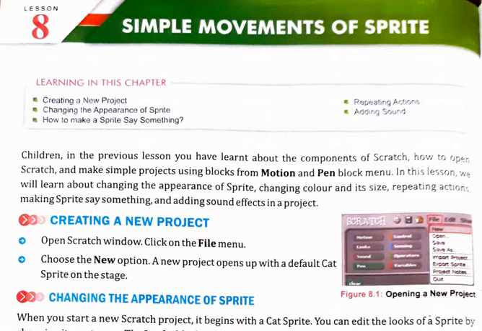Students, today the last chapter of Class 3 Exercise Sheet Series, Question and Answer Series, Lesson 8, Simple Movements of